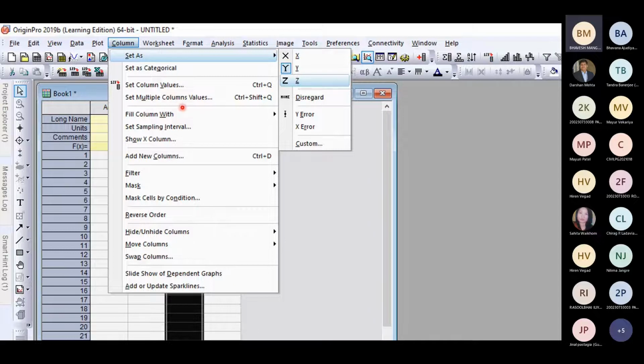We can also set column values, set multiple column values. We can fill the column width. So many other options are there. Reverse order. Suppose it is in some order, and if we click this, the data will be in reverse order.